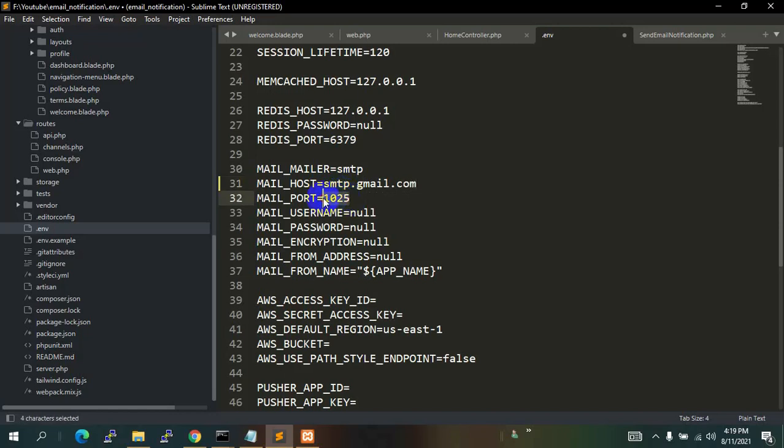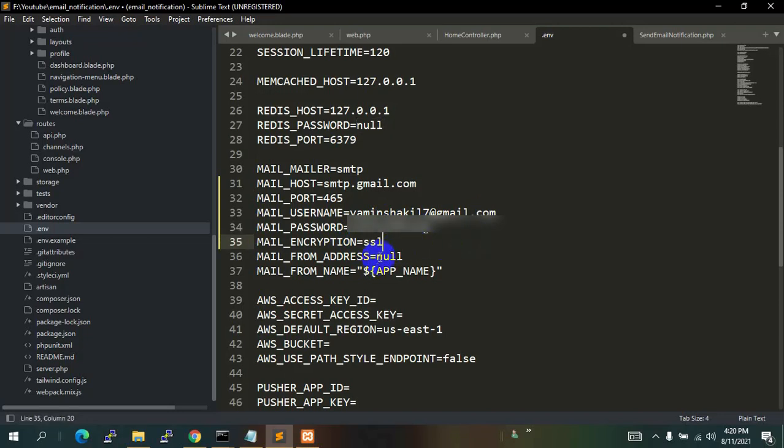Let's say mail port will be 465. Then we need to mention the username, which will be, let's say this one, yaminshakil7@gmail.com. Now we also need to give the mail actual password over here, and after this we need to give the mail encryption. The mail encryption will be SSL.